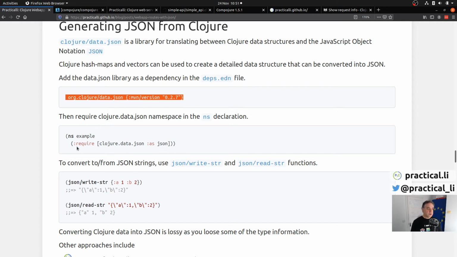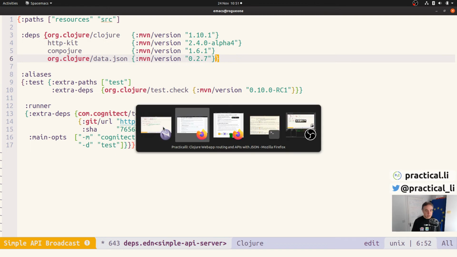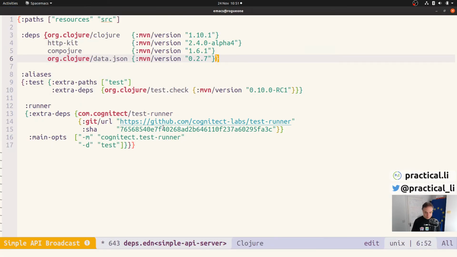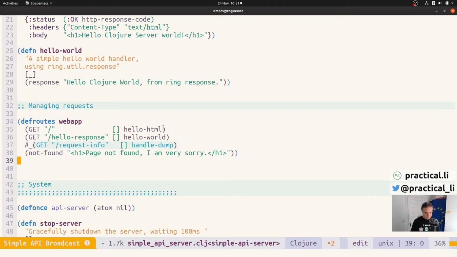And then we just require that into the namespace as well, so we can actually use those functions. We're just going to give it an alias of json. One of the nice things about using an alias is that if you swap out a library, you don't necessarily have to change your code if the library is just another implementation of the same specification. So what I mean by that is,